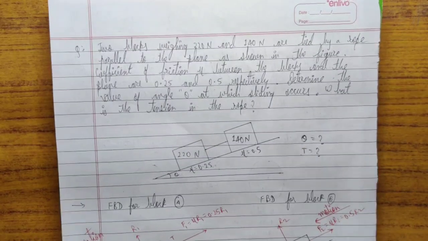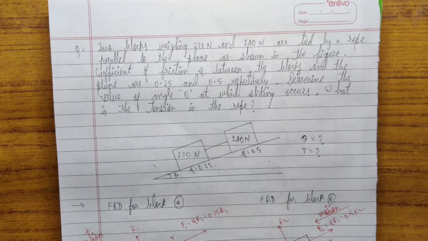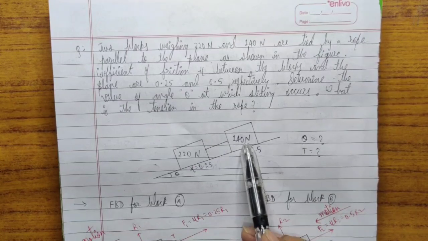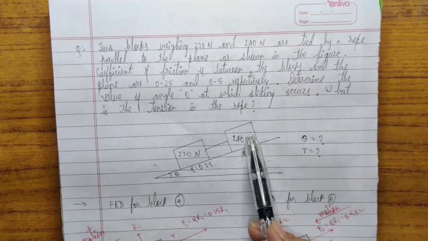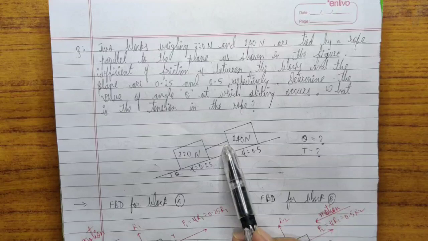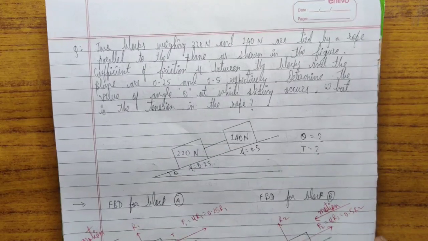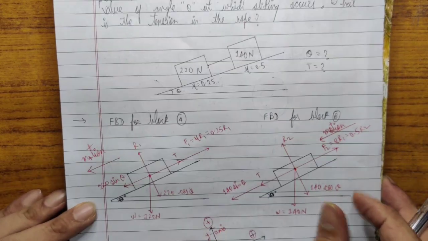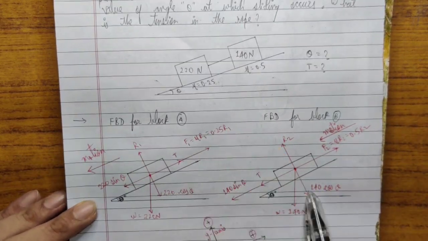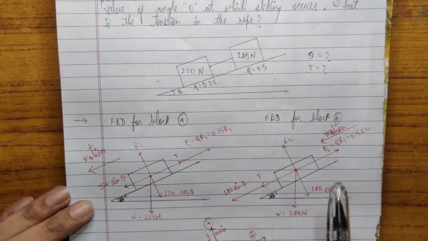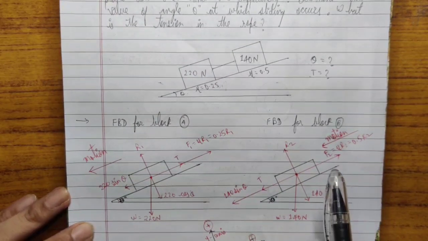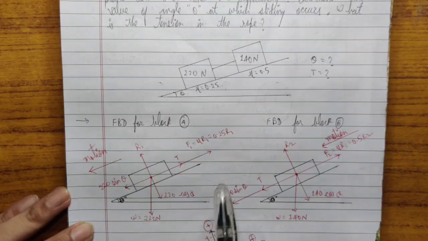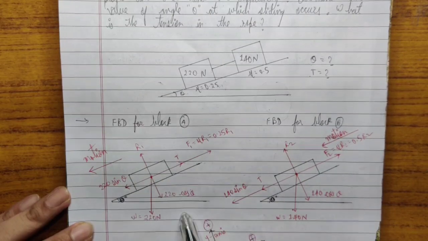Now we know for solving any problem on friction, first you have to construct the free body diagram, that is FBD. Now in this case there are two bodies, instead of one body, two blocks which are tied together by a rope. So for drawing free body diagram, you will have to draw two separate diagrams for two separate blocks. If you have seen my previous video, you must be knowing how to draw this free body diagram. So I will not spend much time explaining how I have calculated these forces.